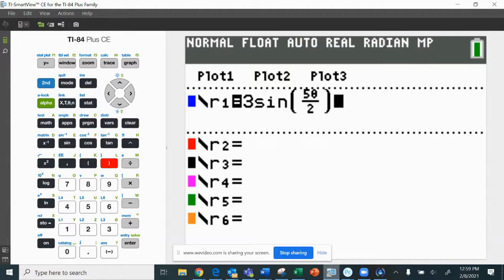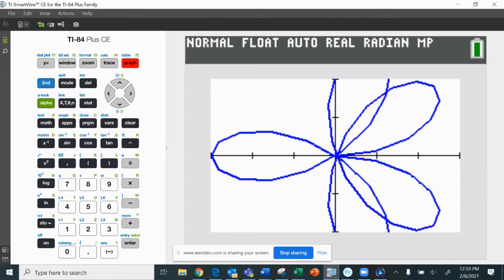Okay, in your assignment, it was numbers 47 to 52. It said find an interval for theta in which the graph is traced only once. And you were allowed to use your graphing calculator. So I typed in number 50 and I hit graph. And I might need to zoom out a teeny bit, but